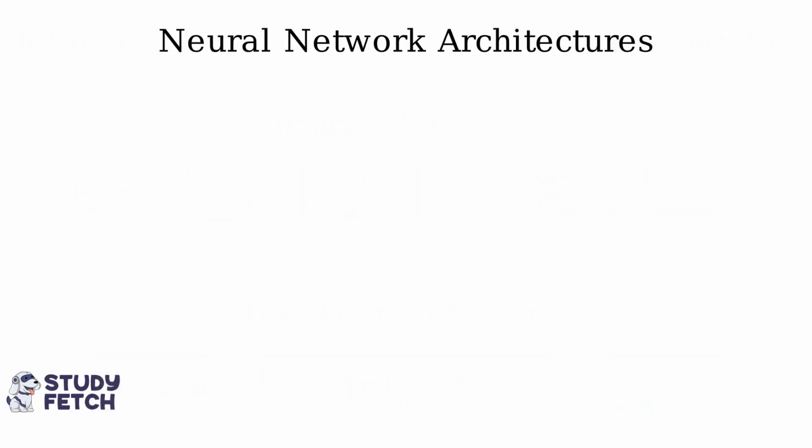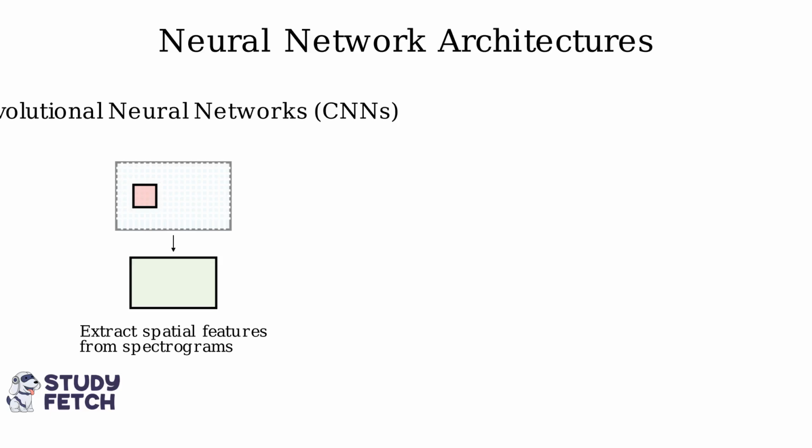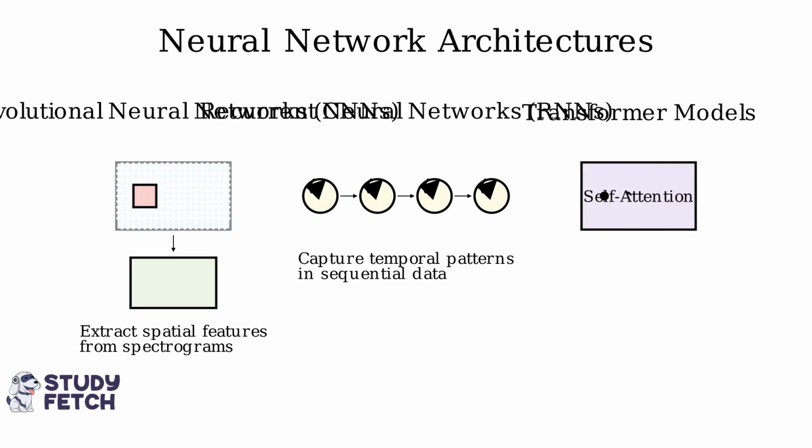Three main types of neural network architectures have been crucial for speech recognition. Convolutional neural networks, or CNNs, extract spatial features from audio spectrograms, similar to how they process images. Recurrent neural networks, or RNNs, process speech data sequentially, capturing temporal patterns in the audio. Transformer models use attention mechanisms to process all parts of a speech signal simultaneously, allowing them to capture long-range dependencies